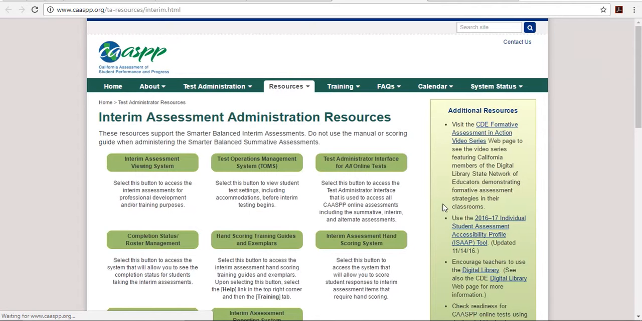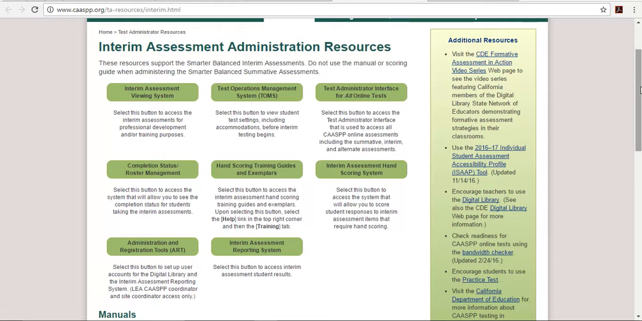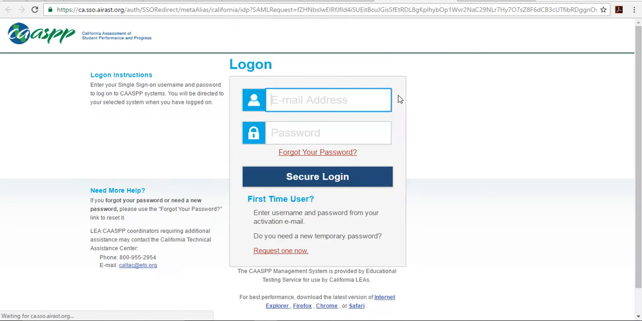When this happens, a new tab is going to open, and then you have all of your related links for the interim assessment. If you want to look at it just to be able to see what the test will look like, it's a sample, so it's not an actual test. You can go here to the viewing system, but what you really want to do is here, Test Administrator Interface for all online tests. You click that and that will open yet another window where you have to log in